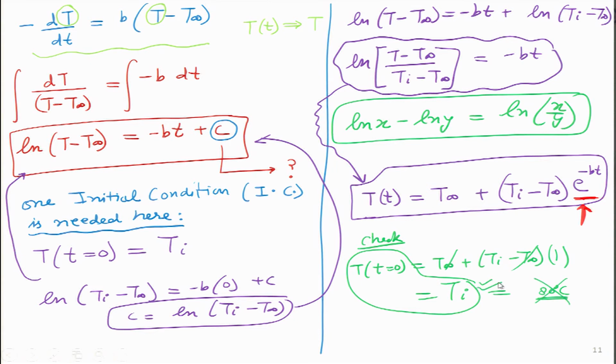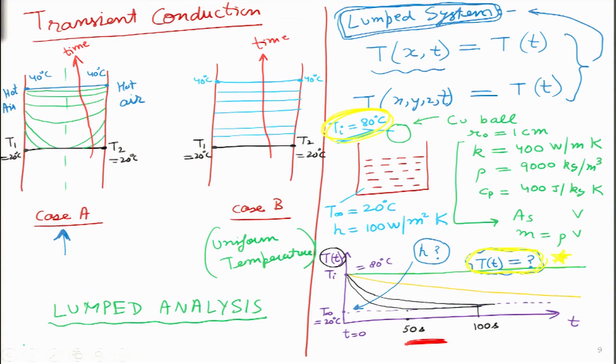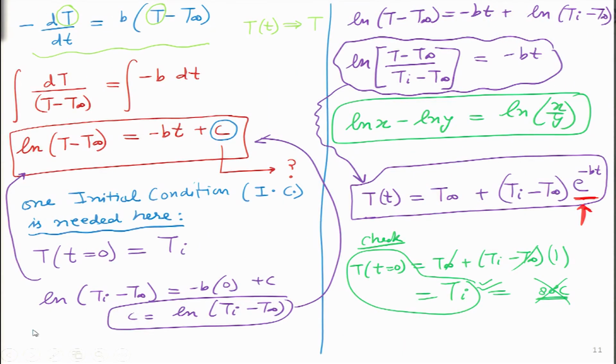The other thing we can confirm is what all exponential curves should become at infinite time. Let's plug those values in as well: time t equals infinity. First let us see mathematically, then we will analyze it physically. Mathematically, t equals infinity gives T infinity plus (Ti minus T infinity) times the exponential of minus infinity. Now what is exponential minus infinity? That is equal to 0, right? So the whole term becomes 0. The final answer is, at infinite time, my ball, fluid, everything will be at T infinity.